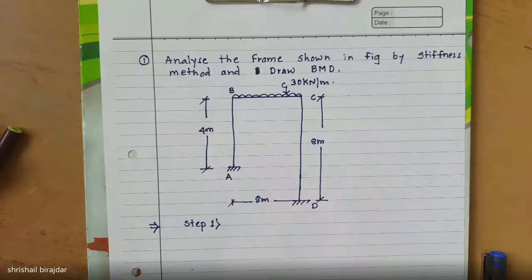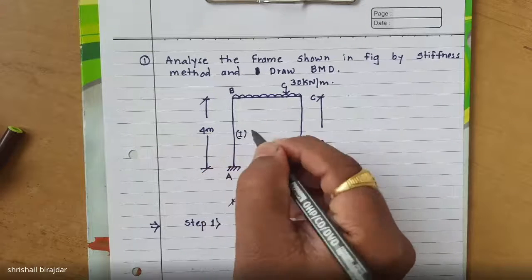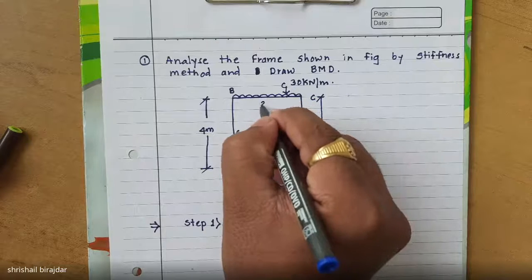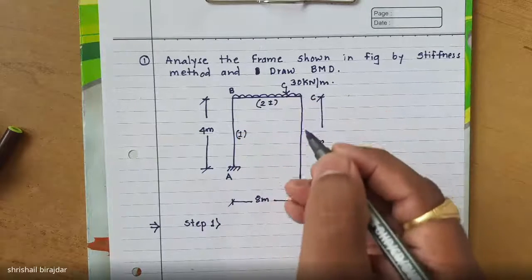You have to solve this particular problem with the help of stiffness matrix method and try to find out the BMD for this entire frame. Okay, this is the portal frame. Actually, this is geometrically irregular because the AB column is of 4 meter and CD column is of 8 meter. Therefore, this frame comes under the sway category. And it is also given that the moment of inertia for column as well as beam are different.